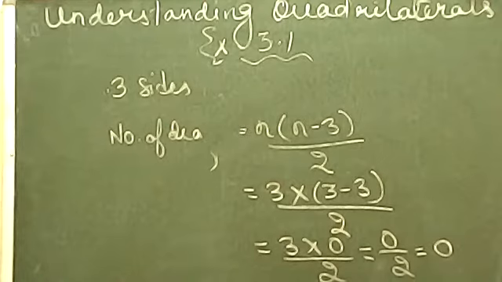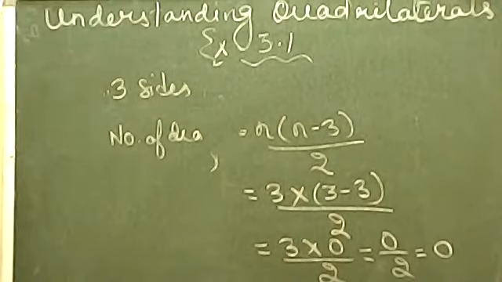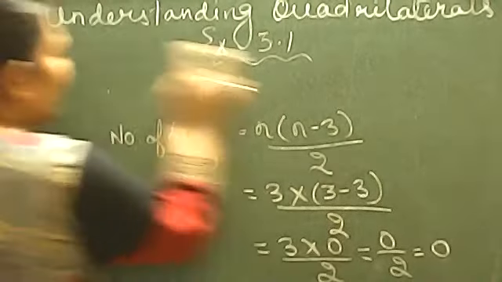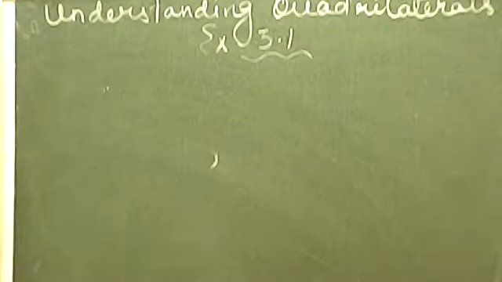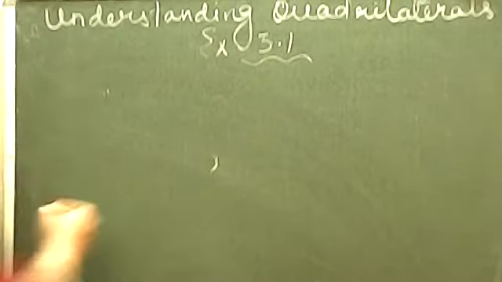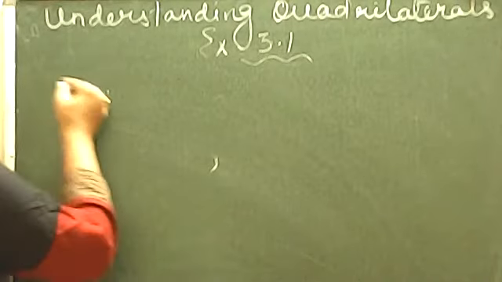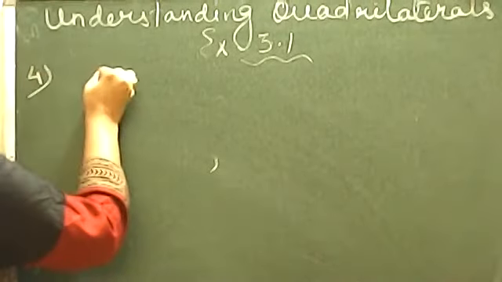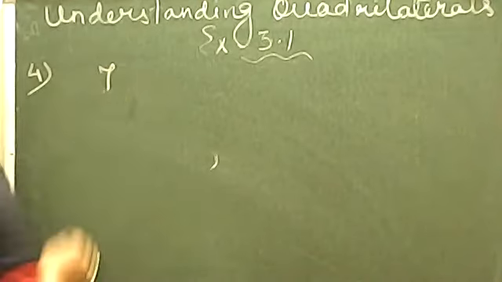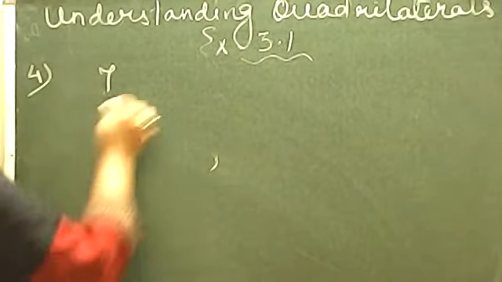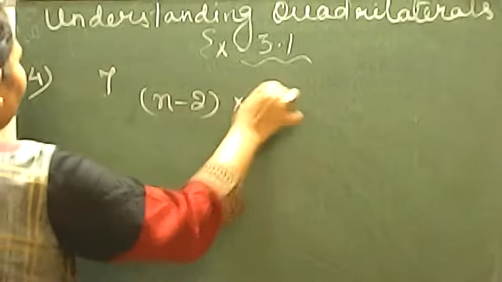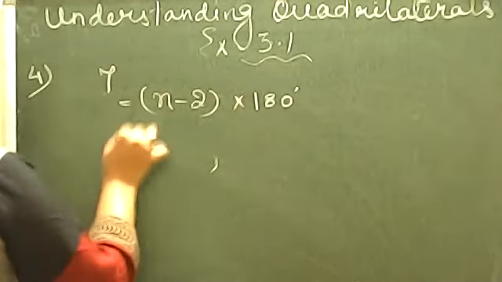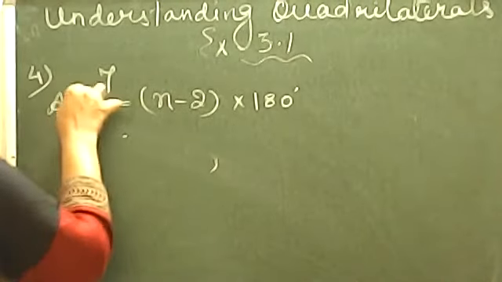That is, you have to find out the angle sum. Angle sum का मतलब होता है बेटा interior angle. ठीक है? We have to talk about interior angle. Now what will be the sum of interior angles for the sides which will be given here. Now question number 4 पे आपको पूछना है first one, if you have 7 sides, what will be the angle sum? The same question, what will you do? The formula will be n minus 2 into 180 degree. Okay.